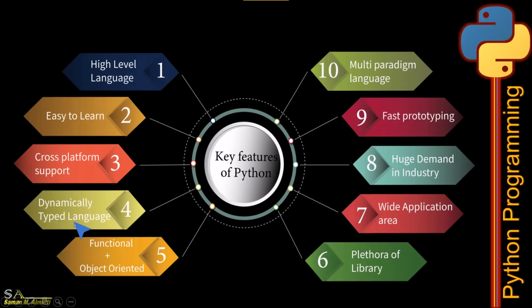Python is a dynamically typed language. In all programming languages, there are variables and they should be declared before using. In Python, we don't have to declare the data type of the variables. For example, if we have a variable named x equal to a value such as x equal to 2, it dynamically allocates that variable in memory with type integer.